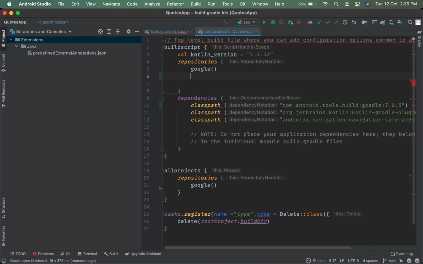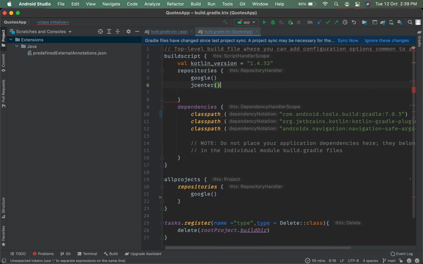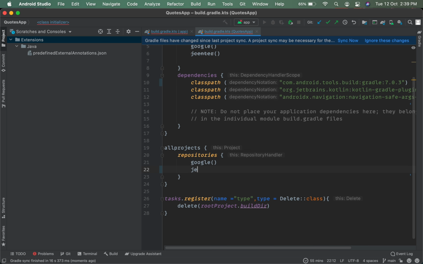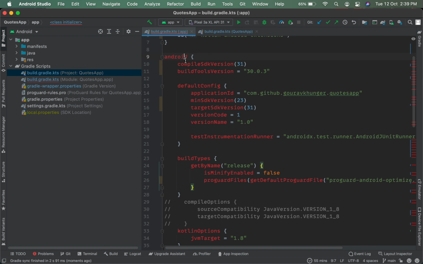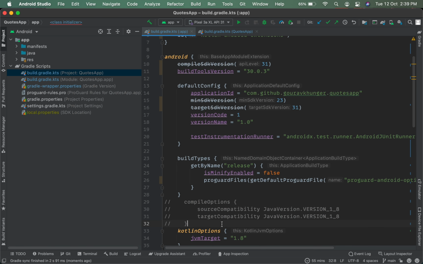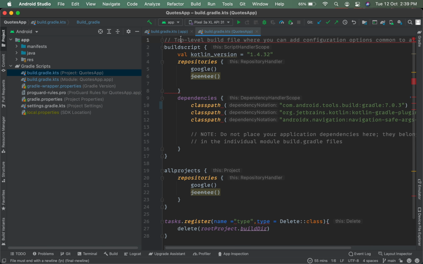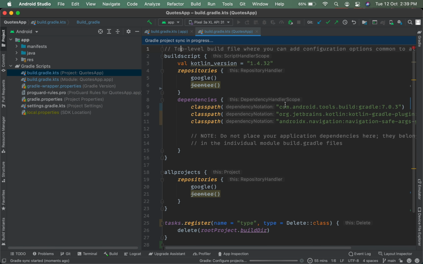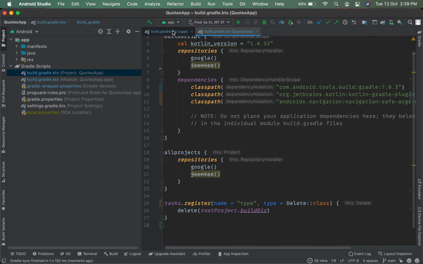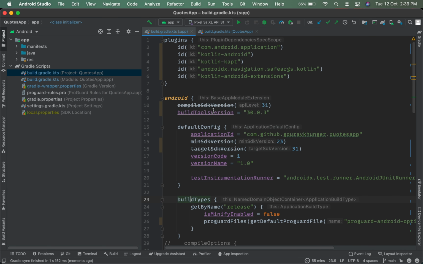But I was able to fix this error as soon as I entered JCenter here and here and resynced. You will be able to see that all these errors are gone like this. Also, I'll remove the KTlint errors from here by formatting the file. And yeah, the reason was this: JCenter is needed for this section to work.